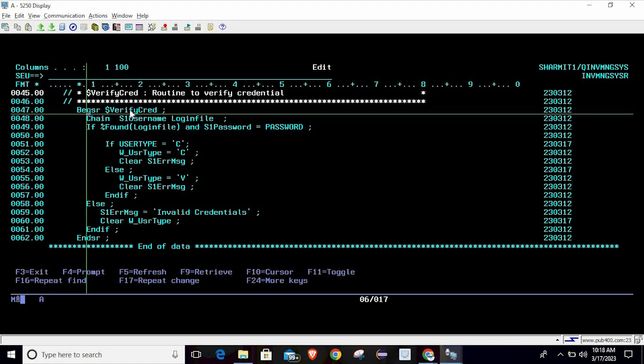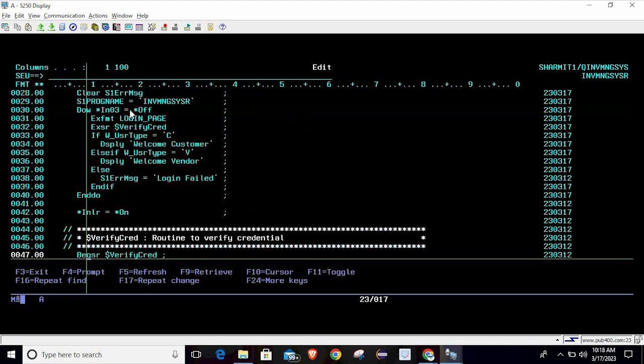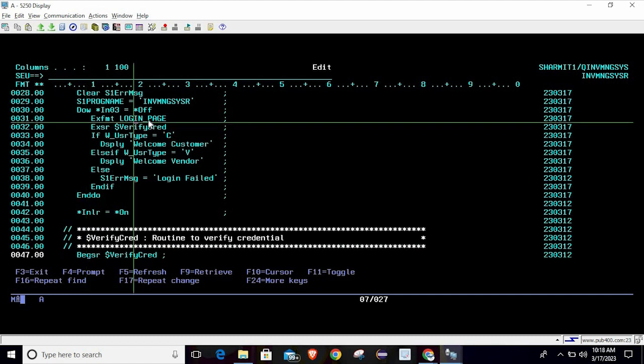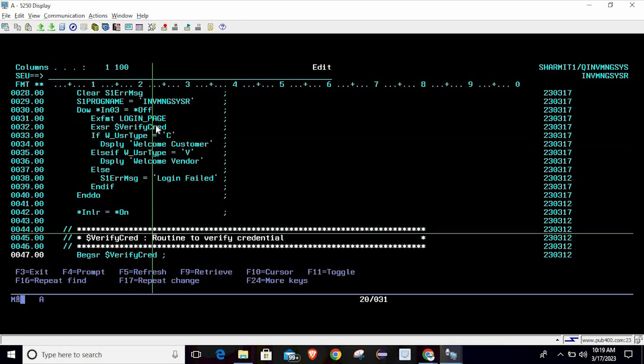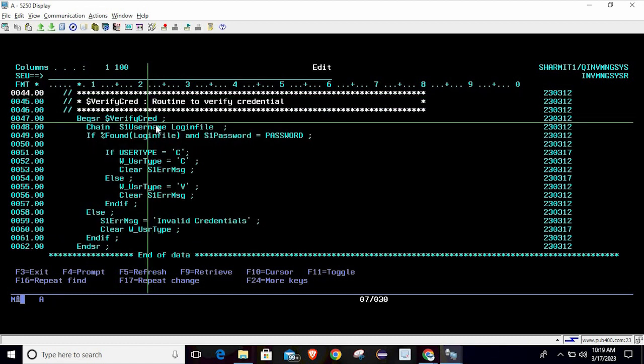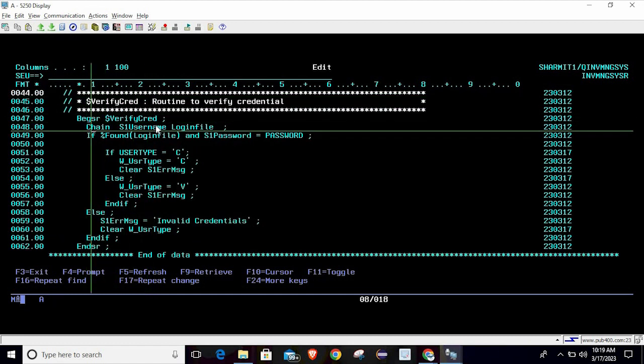So basically what we are doing, whenever the user screen is shown to the user, here at the top, once this line gets executed, the screen will be populated. Then the user will key in some ID and password, and then we are going for this routine for verification. So what we are doing here is a chain with s1 username, which is coming from the screen,